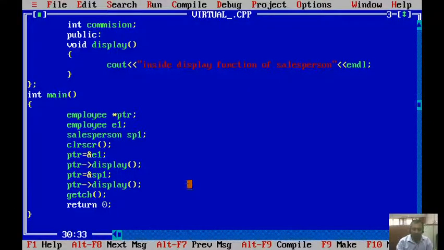Why did this happen? Because this binding happened at compile time.